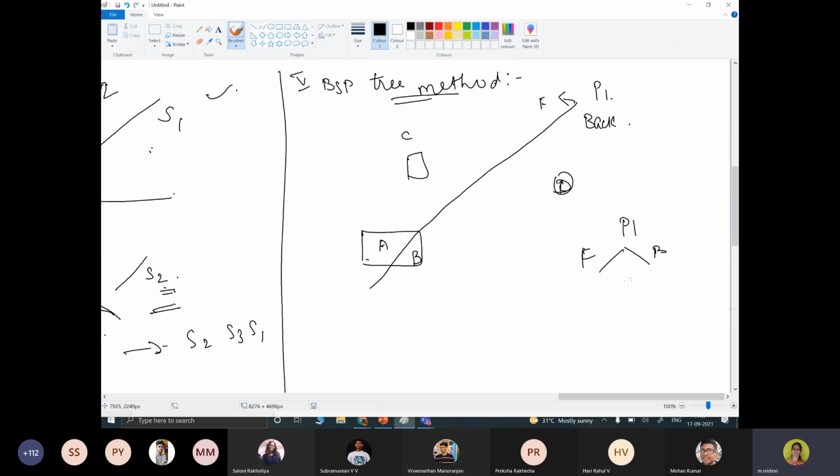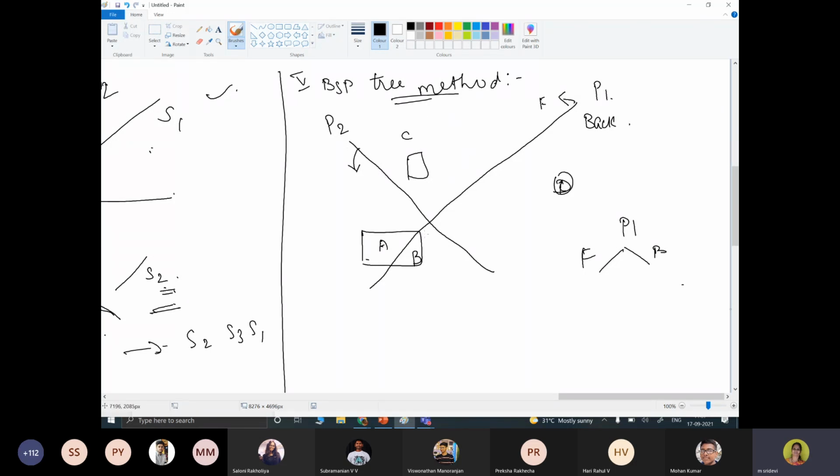So here we can say A and C will be here, and it is going to have B and D. If there is an overlap of a region, if an object is not overlapped, if the object is divided like this, again we can use another plane to represent this. So another plane is used here, the P2 plane. This is the frontal view, and this will be the back view of P2.